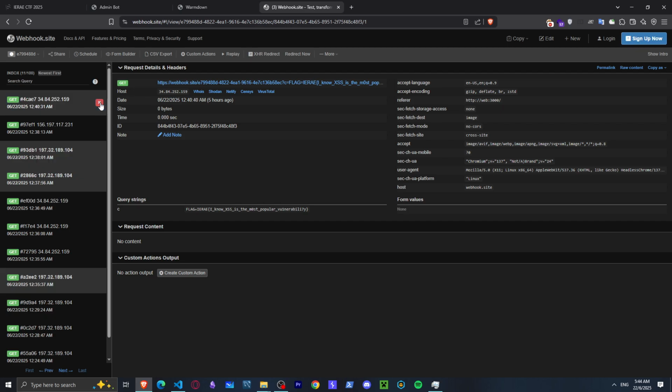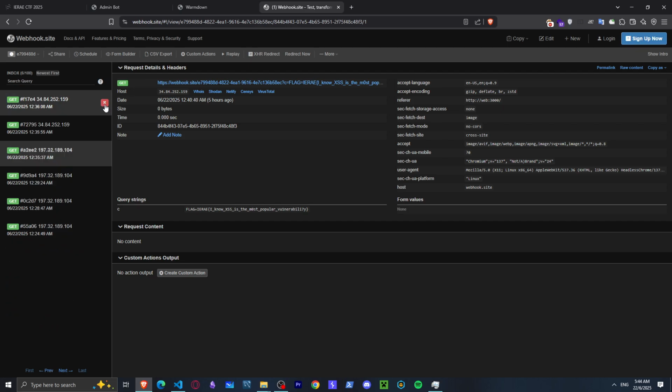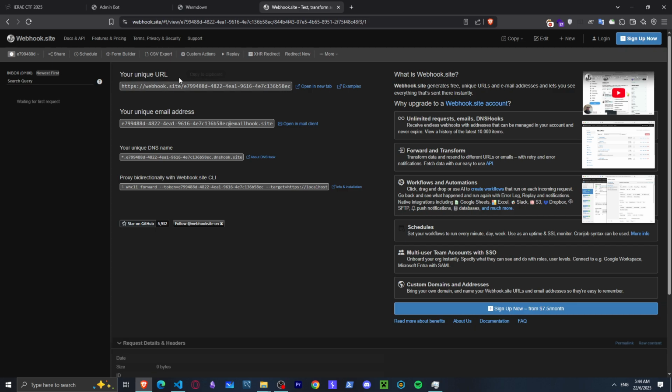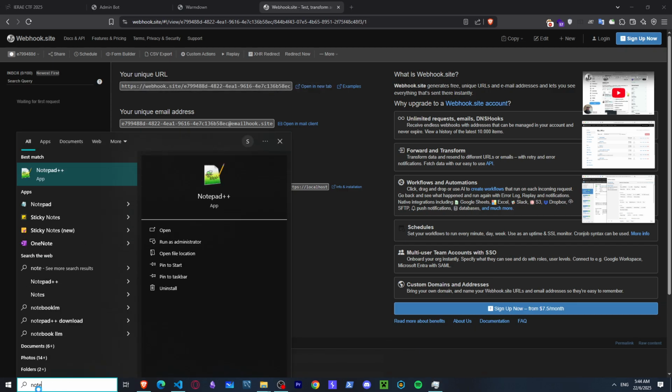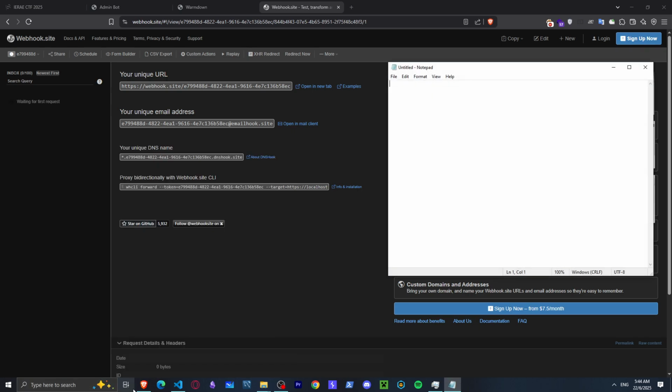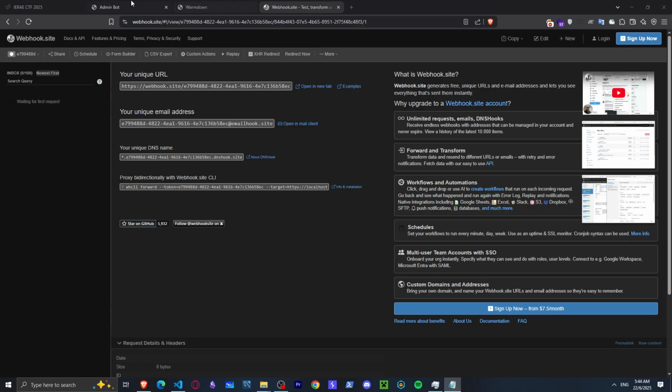Okay, this is where I solved it. Then we're gonna take our link. We're gonna need to open Notepad to make our payload. Let's make the font big. Okay, take this